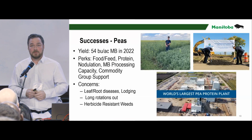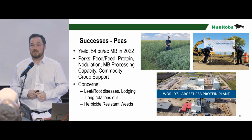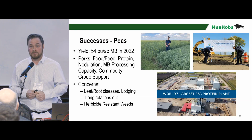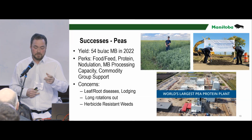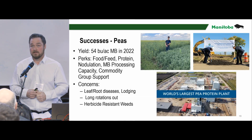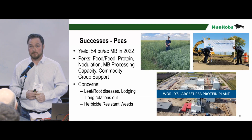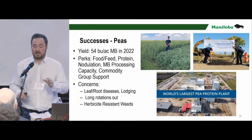Another success story is peas. In 2022, we had a 54 bushel to the acre yield in Manitoba. It's used for multi-purpose food or feed uses. The protein is being fractionated by Roquette. And by having Roquette there, at least you have an end market too. But we're starting to